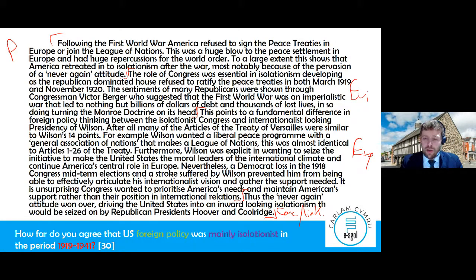Now, there's no evaluation here, and the reason is because this is the first paragraph. I've got nothing before it to compare it to. In some ways, it's harder to evaluate when you're doing a question like this, following chronologically, looking at the time period 1919 to 1941, rather than looking at factors. If, for example, it was